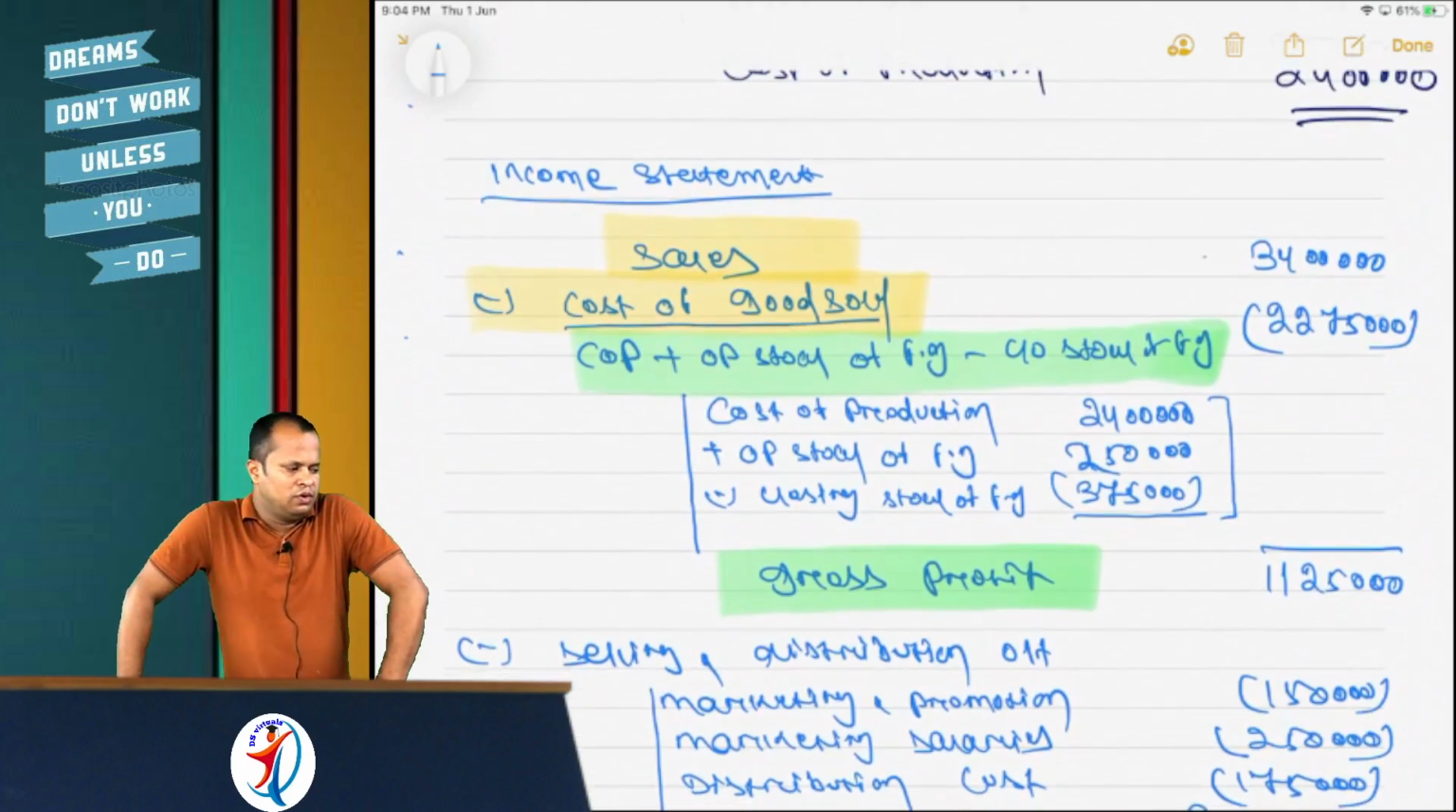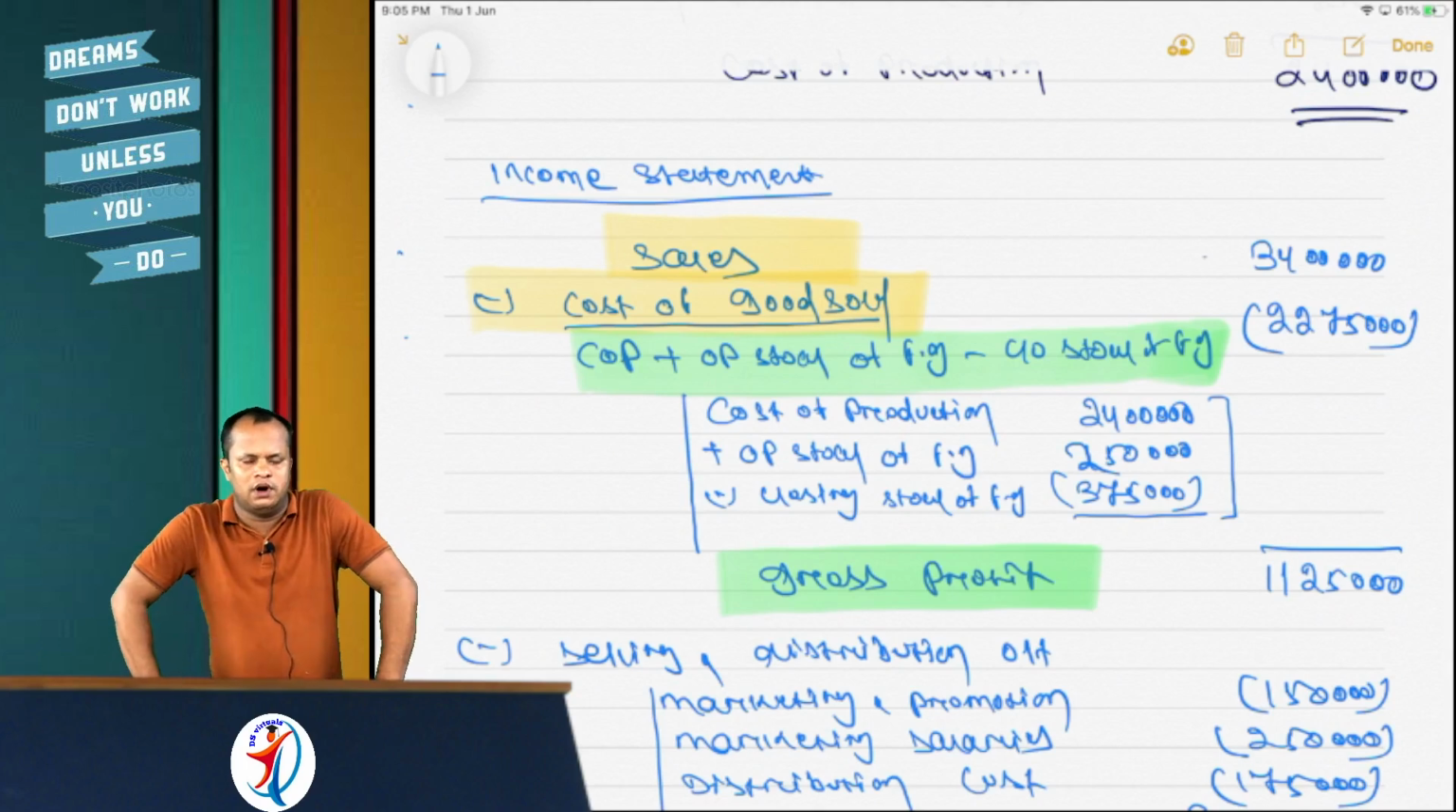So we would like to revise the difference between a cost sheet and income statement. If question is asking to prepare cost sheet, then we will go through format of a cost sheet. Can you tell me in short what is the format of a cost sheet? Yes sir. Prime cost, add factory overhead, work cost, add office and administrative overhead, cost of production, add opening stock of finished goods, deduct closing stock of finished goods, cost of goods sold, add selling and distribution overhead, cost of sales, add profit, sales. So in cost sheet, the last item is sales, but in income statement, the first item